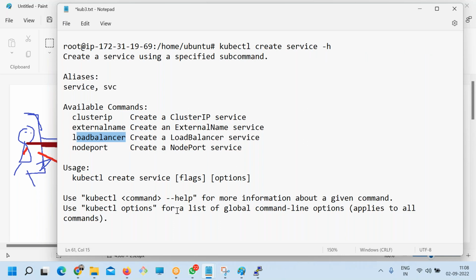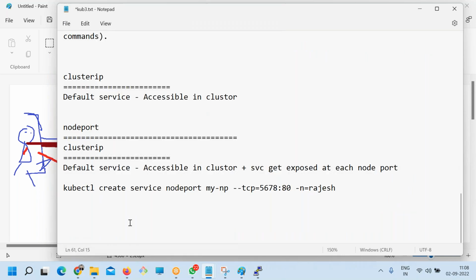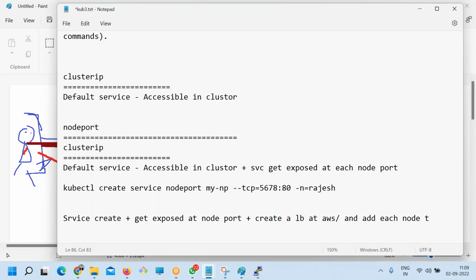So basically what happens with the load balancer type, you get the service created. After that, it gets exposed at the node ports. That means node port is being done. And then plus it creates a load balancer at AWS or Google Cloud or Azure, and adds each node to this load balancer.